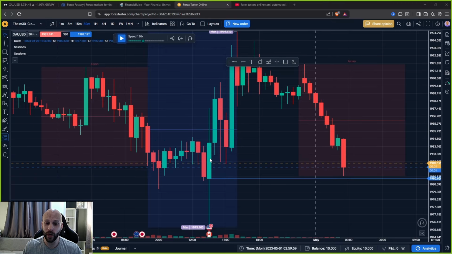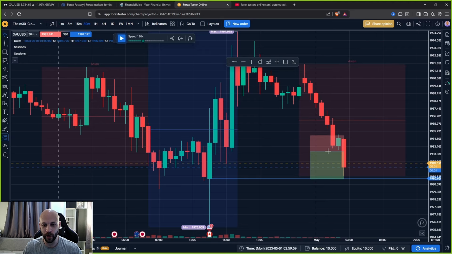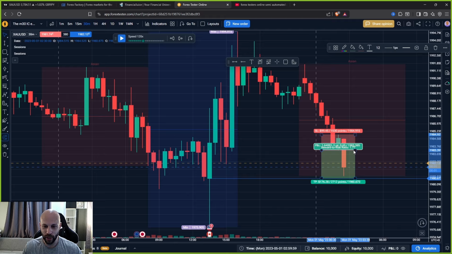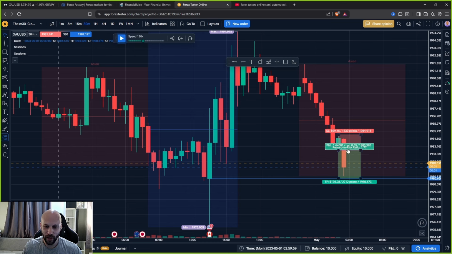So we have determined we've got our first valid entry, guys, so we can now set a pending order. Quickest way to do that is to bring up the reward to risk sell position tool. Now you could press the hotkey Alt S and that will bring it up straight away for you, so you can just drag it to the low of that bullish candle. Let's just drag it across to the actual candle itself. Stop loss will be above the high and your target will be back at the support which price has not tapped into. That will bring up your risk to reward,